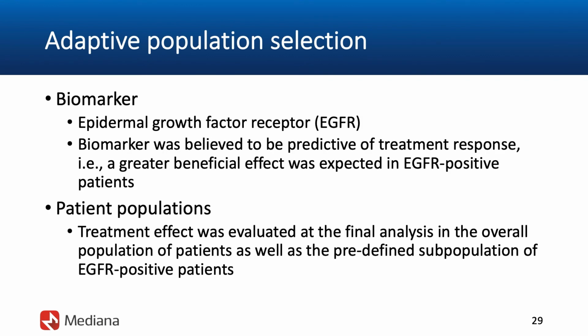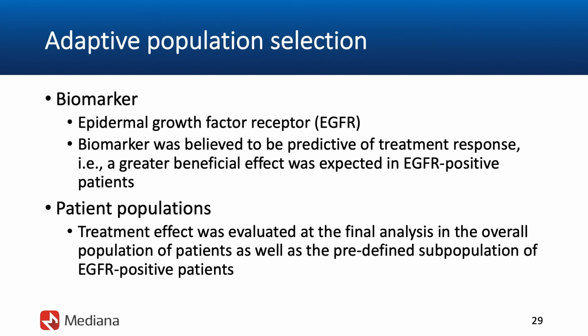A very important feature of this trial was that a potentially predictive biomarker was specified at the design stage. This was a biomarker based on the so-called epidermal growth factor receptor, known commonly as EGFR, and patients were classified at the time of randomization as EGFR positive, or we can simply refer to them as biomarker positive, and that was the case if their tumors had overexpression of the EGFR protein,